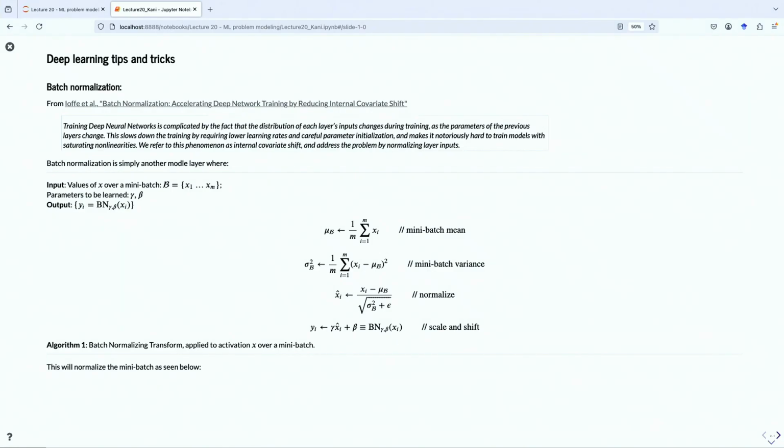You could have all these gradient, all these training improvements, but it doesn't change this phenomenon that the authors dub internal covariate shift.